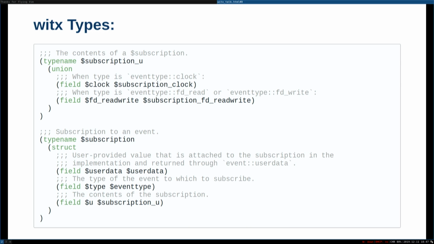The next step up would be for this to be an abstract data type, where mechanically we would say that if it's the FD read event type variant, then this must be the enum variant that corresponds to it. Right now that's just encoded in the comments, and that's really because this is still one of those first layers of taking a C header and turning it into something machine digestible. And we haven't figured out exactly how we want algebraic data types to work because there's a whole lot of different ways to do it. So until we do, we're going to keep it this way. And one day we will upgrade these to real algebraic data types.